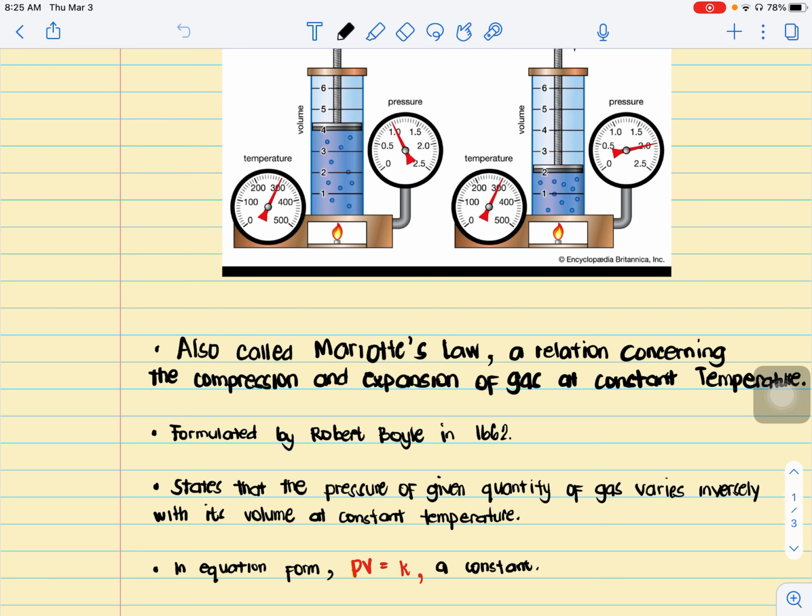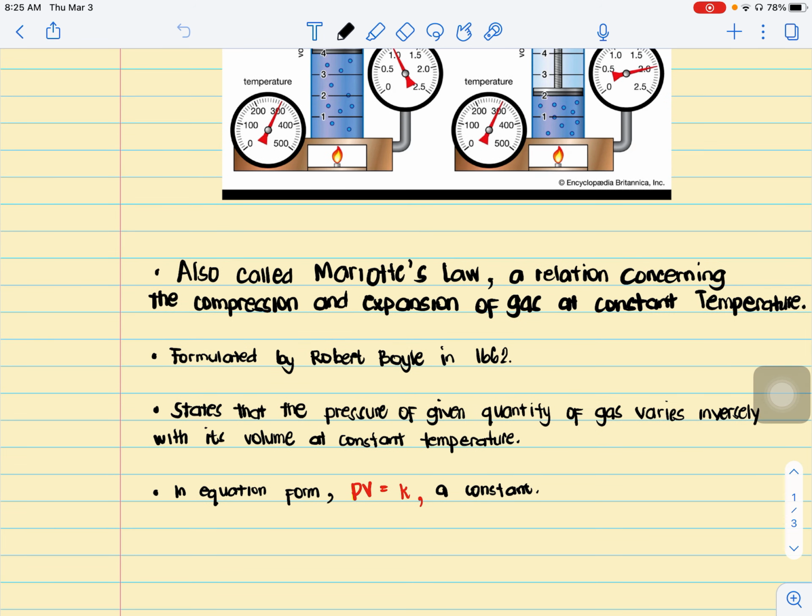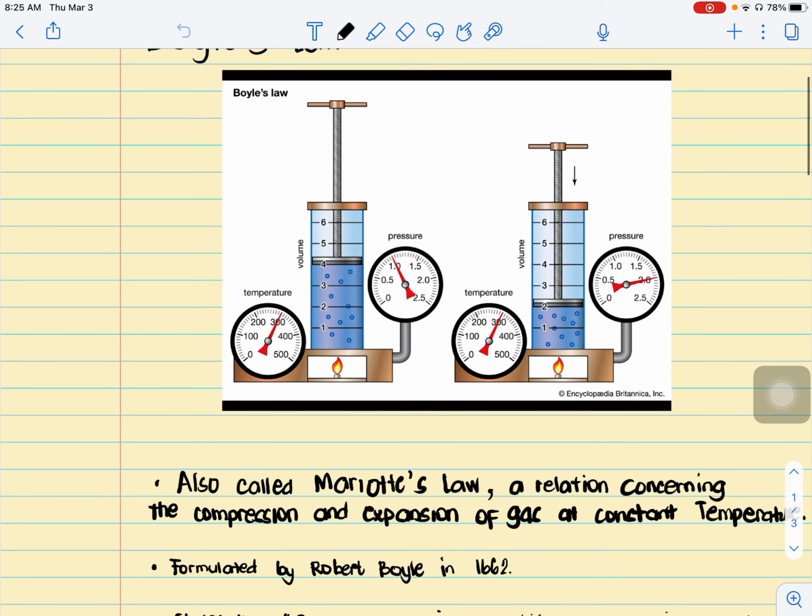In equation form, it's PV equals k, which is a constant value for the temperature. Here in our picture, at the initial stage, there's a volume of, let's say, 4 mL in the syringe with a pressure of 1.0 atmosphere. Holding the temperature constant at 300 Kelvin, we can state that when we decrease the volume, we put it